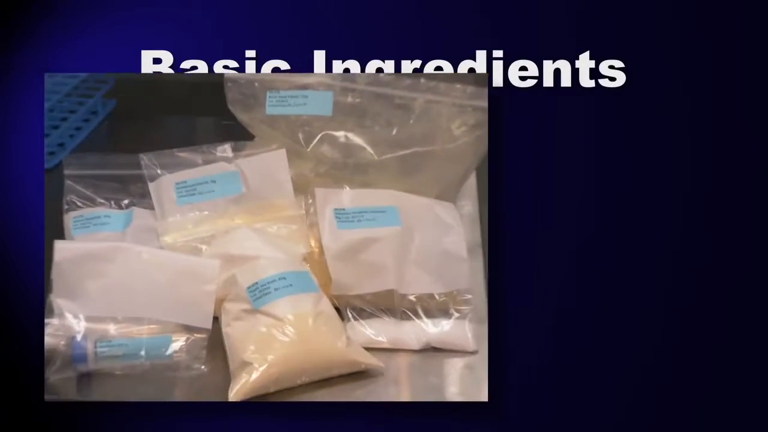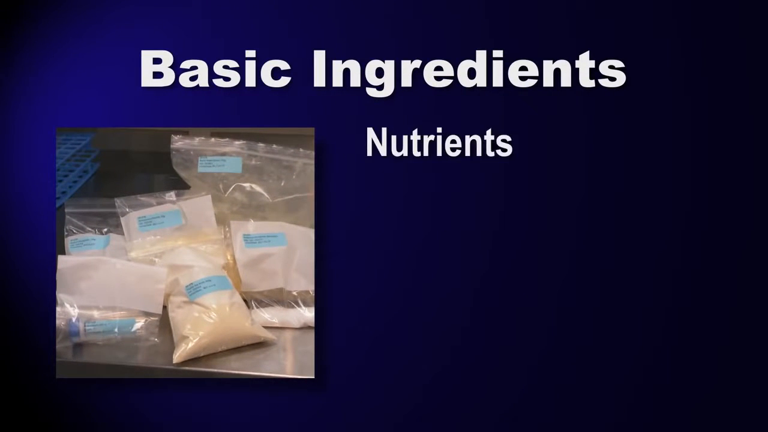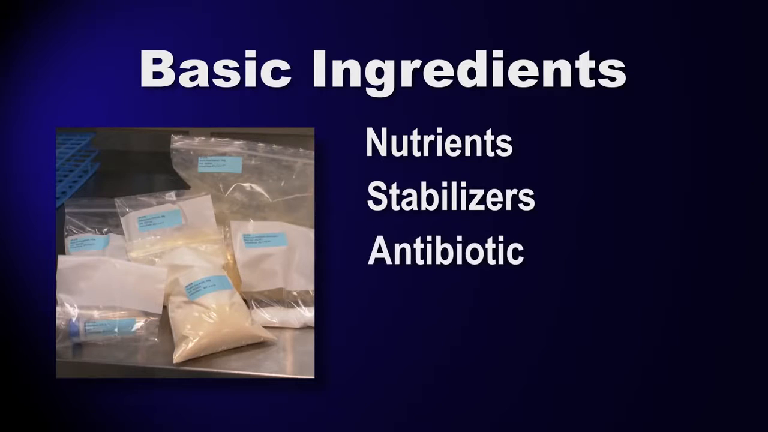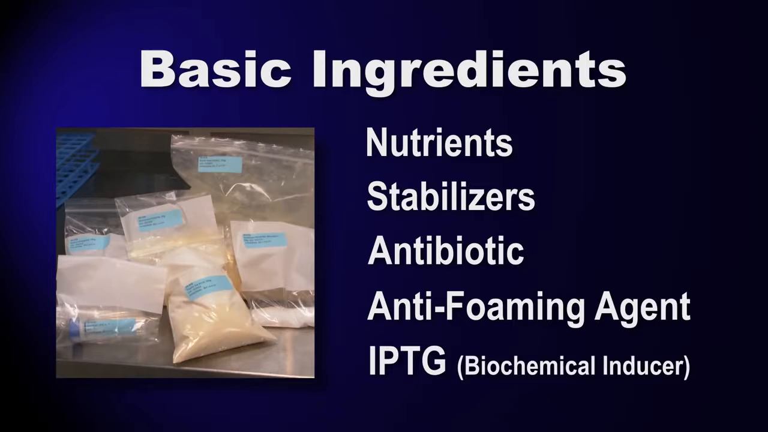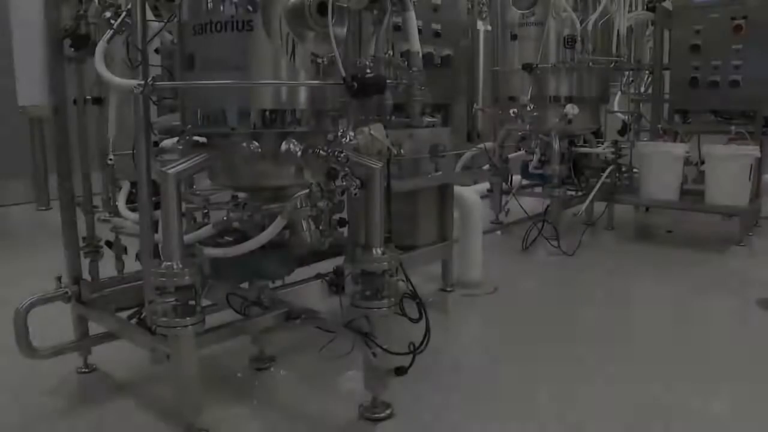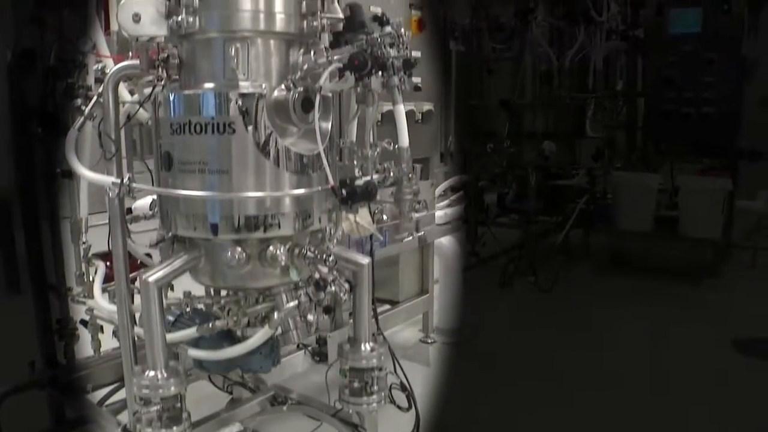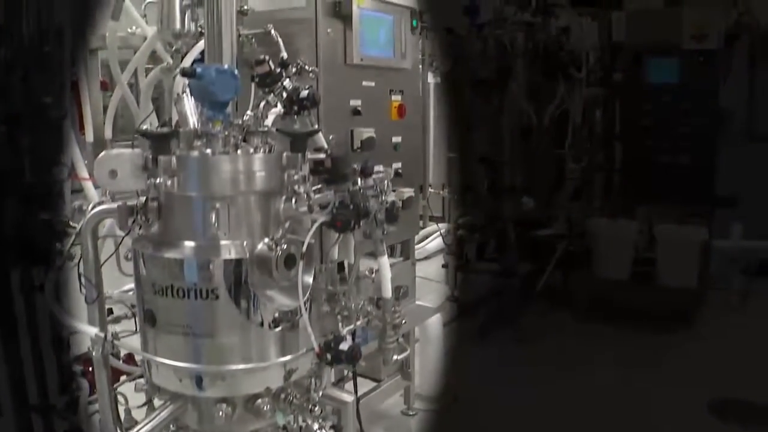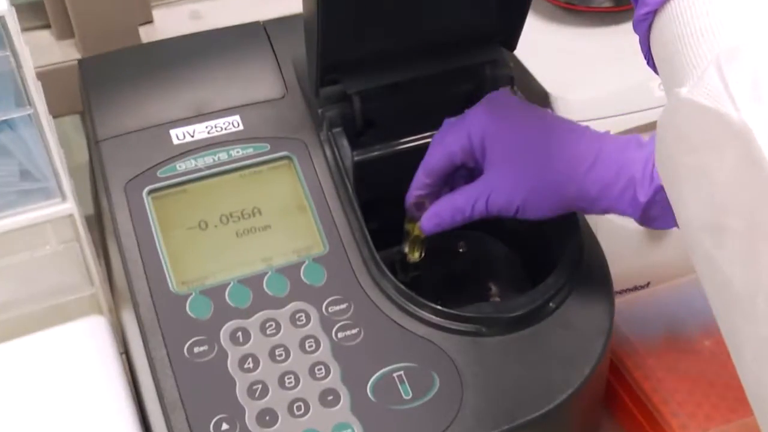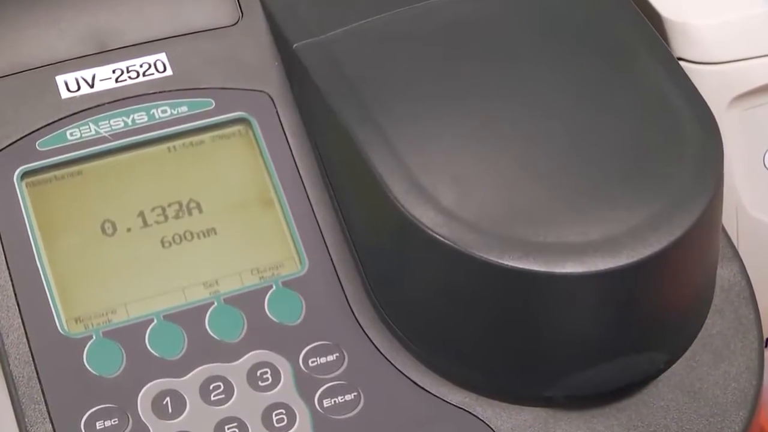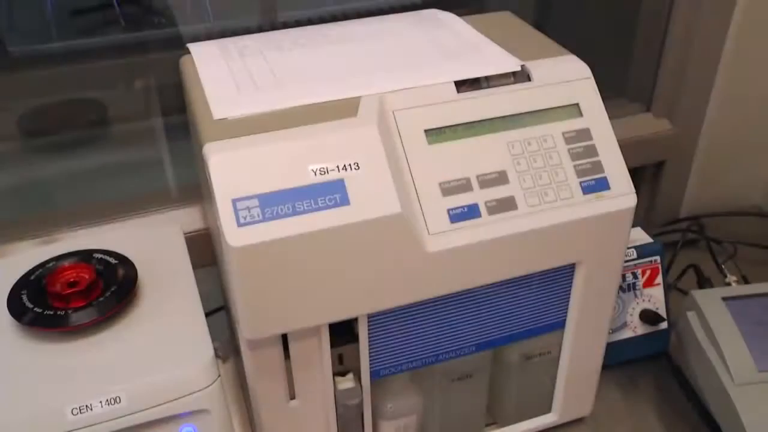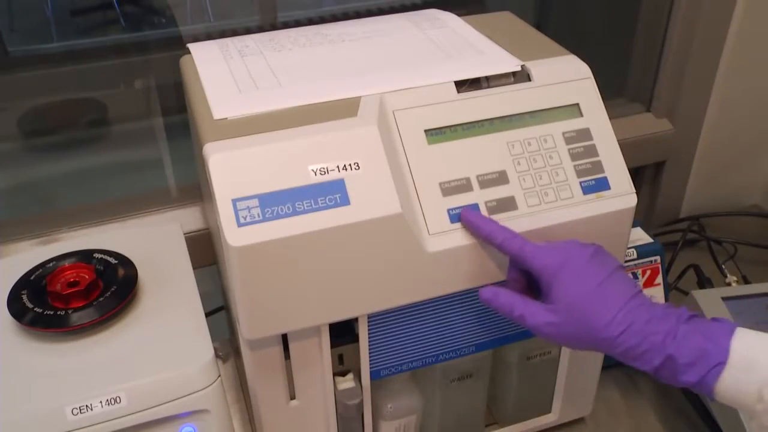The basic ingredients for a compatible media include nutrients, stabilizers, an antibiotic, an anti-foaming agent, and IPTG, which is the biochemical inducer that switches on the GFP gene. The equipment that we'll be using includes a 300-liter bioreactor, a UV-Vis spectrophotometer to monitor the optical density, which is a measure of the concentration of cells in the bioreactor,